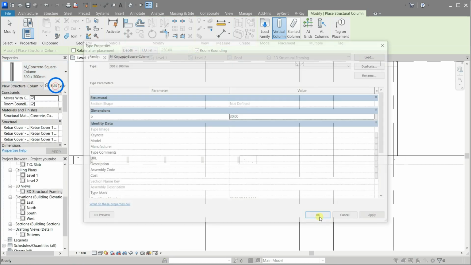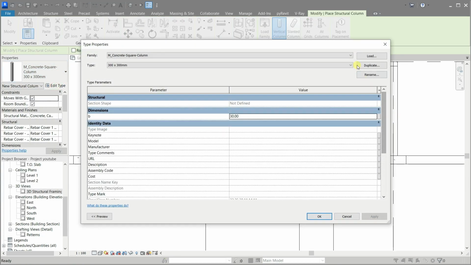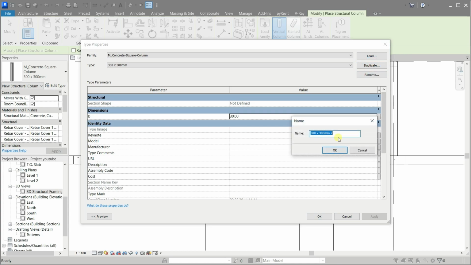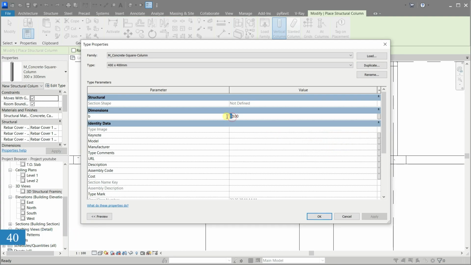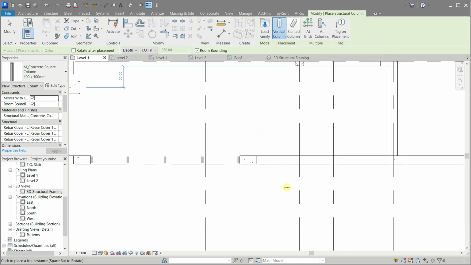Edit type to create our size. Duplicate it and rename it to 400 by 400. Adjust the dimension accordingly. We need this bigger column for the external gate area.